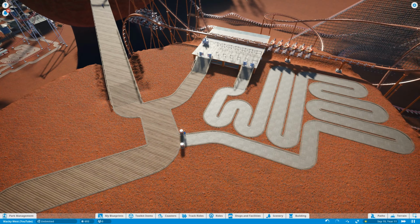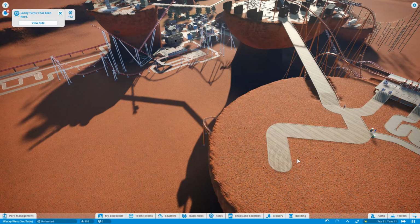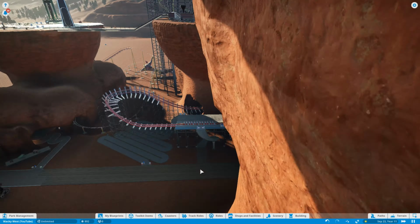I think we can open this coaster up. It's tested enough. I have 3 trains running on it. And I don't know, I think if we build some cool stuff up here, we can open our park up again. But there is one thing I want to do before we open our park up again. And that is, in fact...